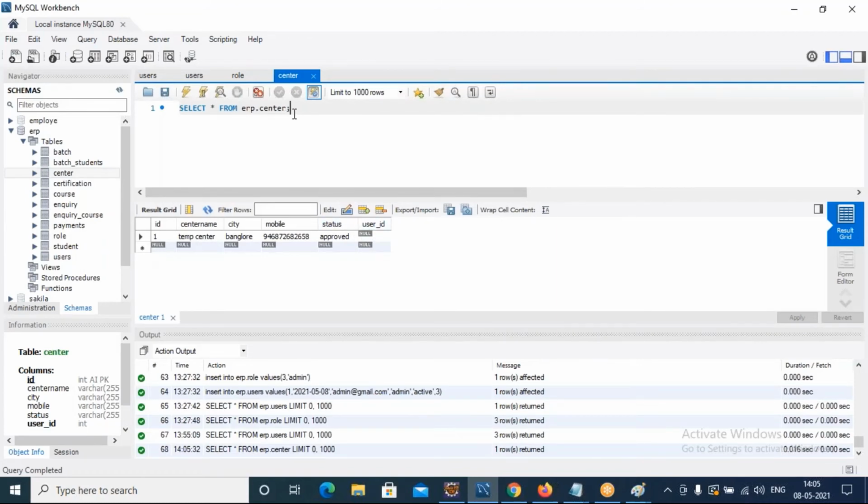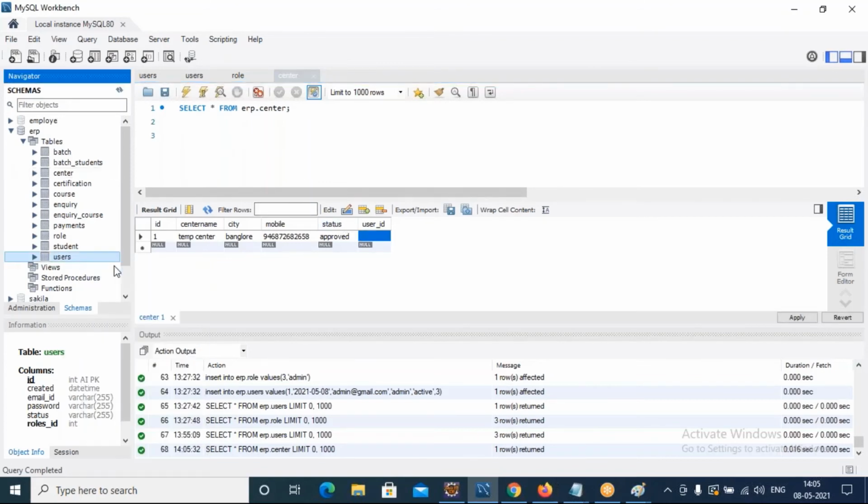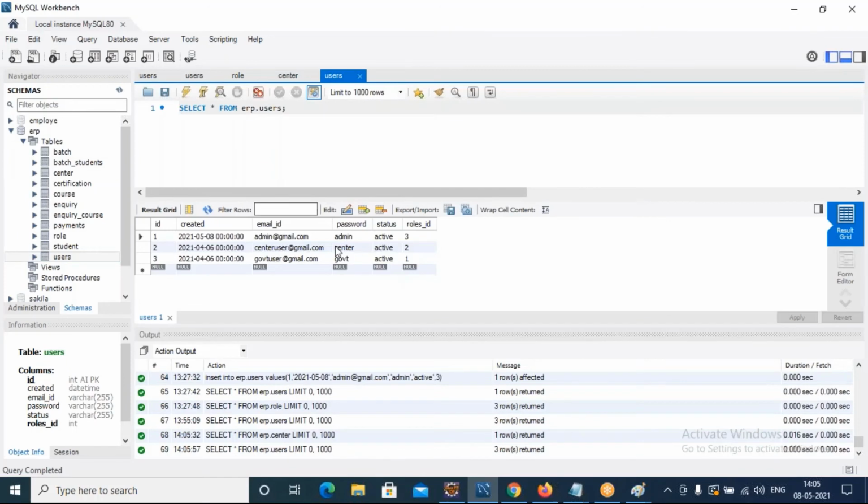So what I can do here is go back to users first. I can see that user ID here. So our center user ID is 2, right?